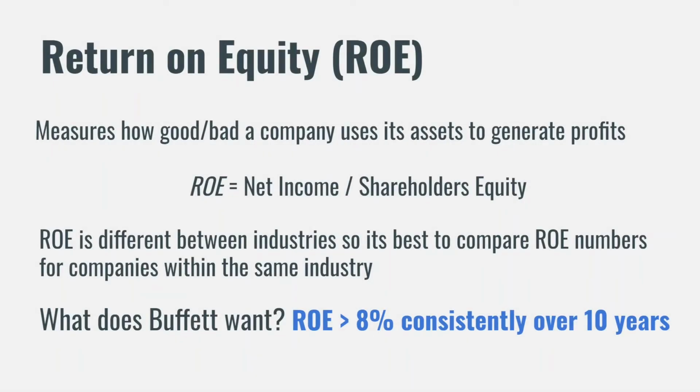Lastly, we will look at the return on equity. We invest our money in stocks expecting a positive return. The return on equity can give an idea what return the company is getting with your investment. That is, the return on equity is calculated by taking net income, which is the company's sales, divided by shareholders' equity, which is your money. So basically, the return on equity tells you how well the company's management is at using your money to grow the company. Warren Buffett likes a return on equity above 8% consistently over 10 years.